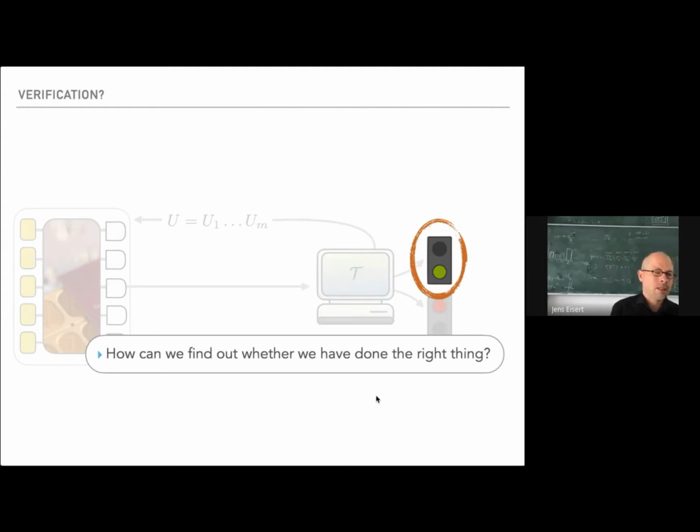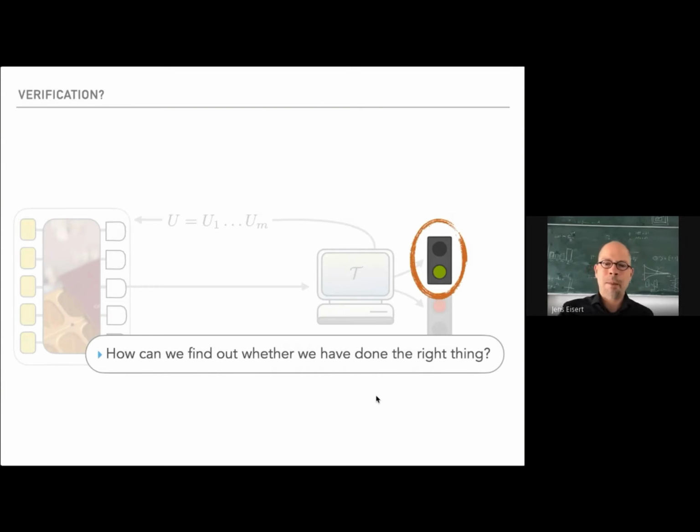One thing is how one finds out whether one has done the right thing. And there are some things to be said about this. I'm not going into the interesting discussion of how to do linear cross-entropy benchmarking and so on, what has been implemented, what it precisely says. That's interesting, but rather, what would be the most stringent way of verification that one would like to see in such sampling experiments,